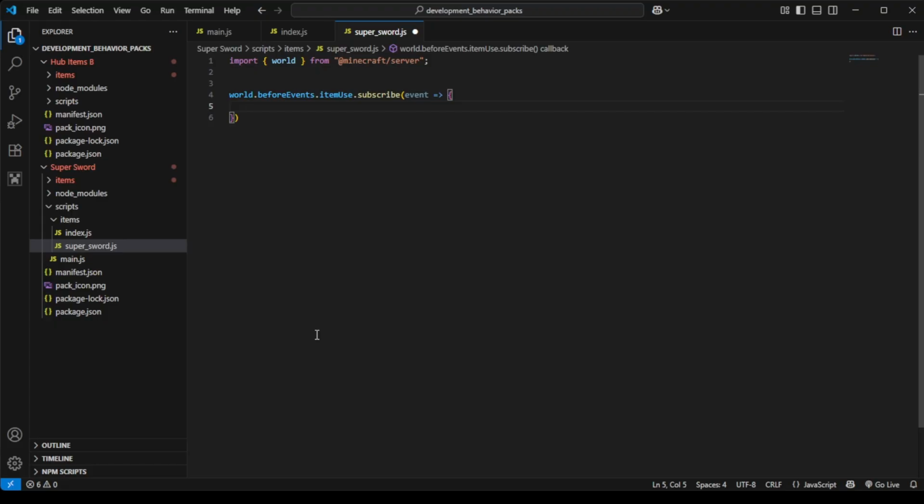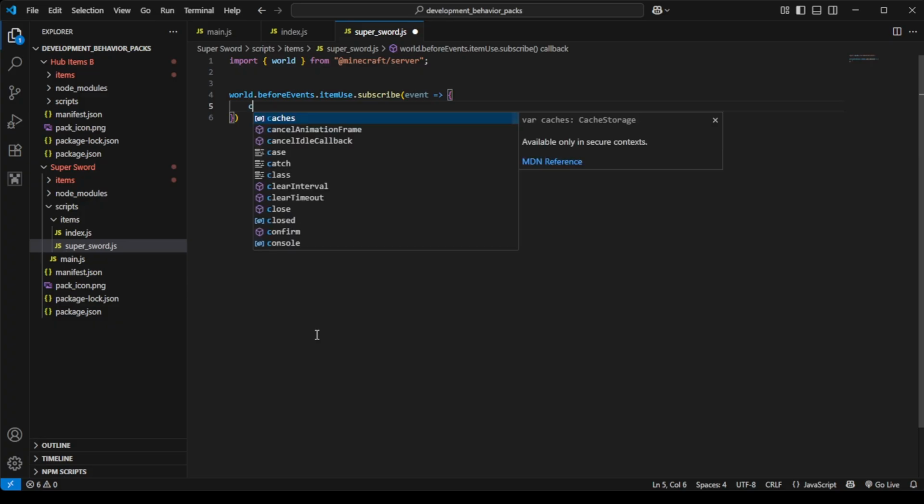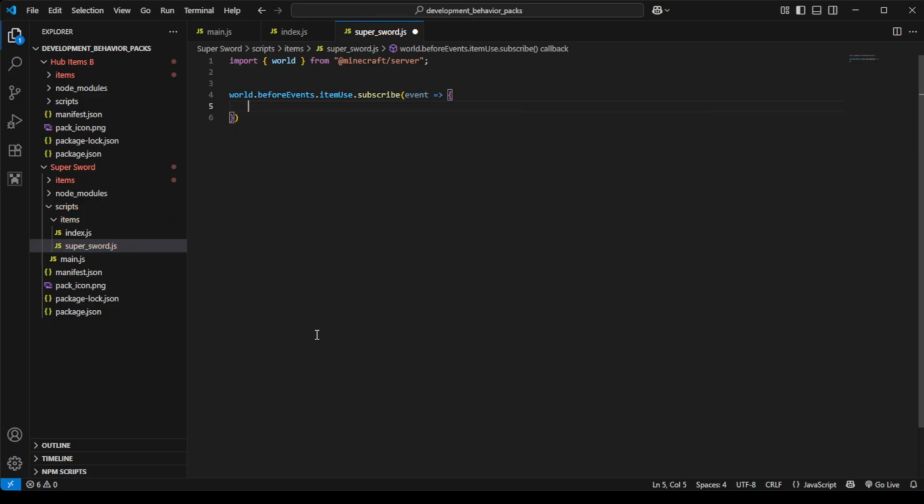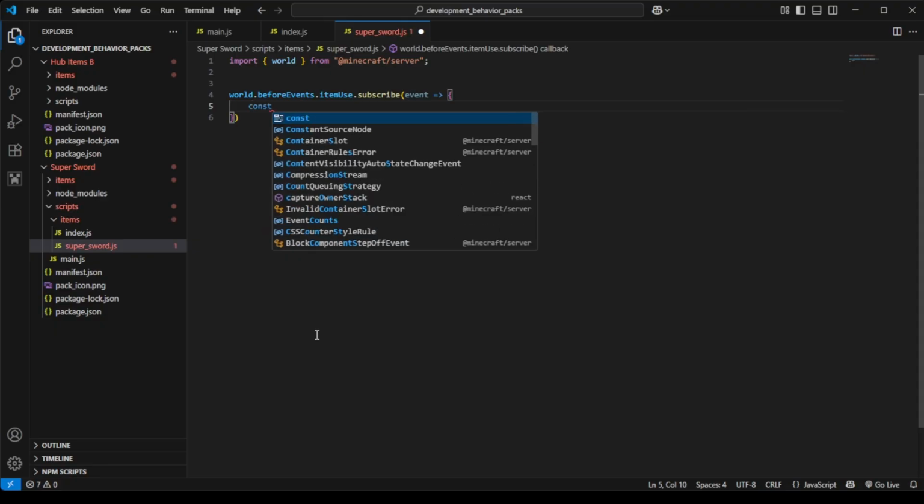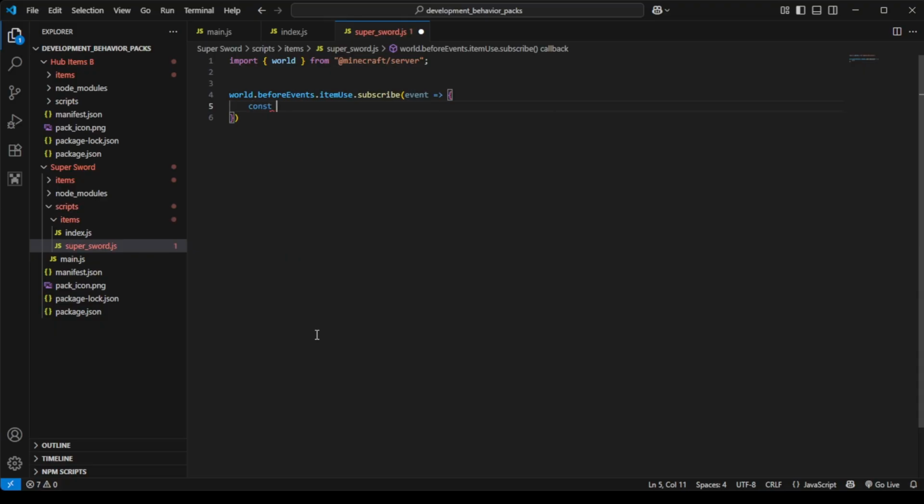Now here's what I can show you. I'm going to create a variable, so I'm going to do const. In JavaScript there are two ways to make variables: let or const. There is var, but you don't really use that now. Const means it's not going to change. So I'm going to make a player variable like that, and then an equal sign